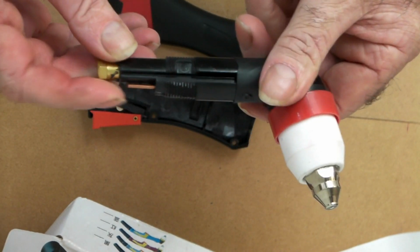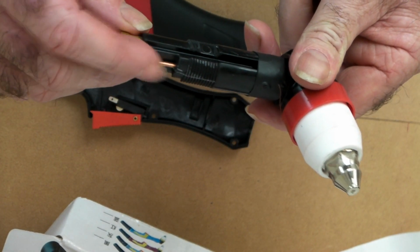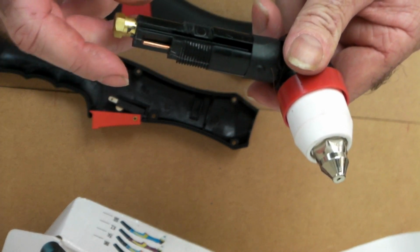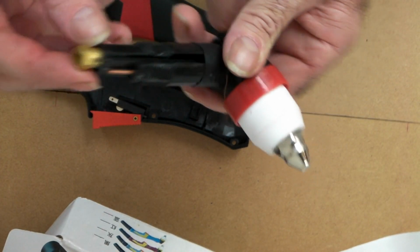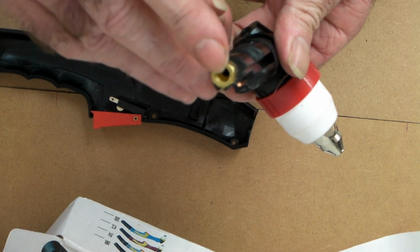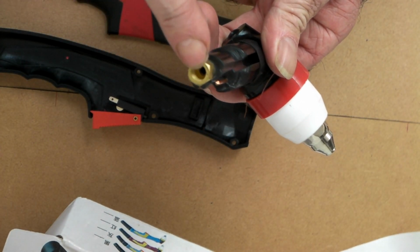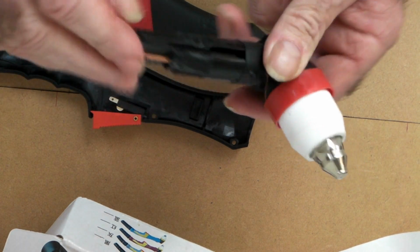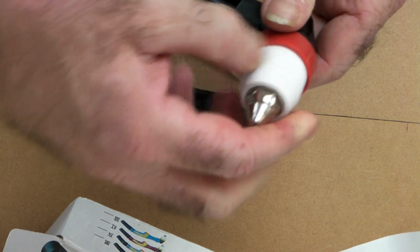And then it's just your standard torch head. This here is where your pilot arc wire goes, your earth wire, normally the green wire on your plasma machine. And your air goes in here from your plasma cutter machine, but to your compressor obviously. It's all pretty standard. And we've got a standard